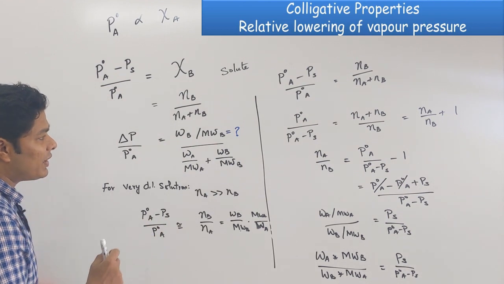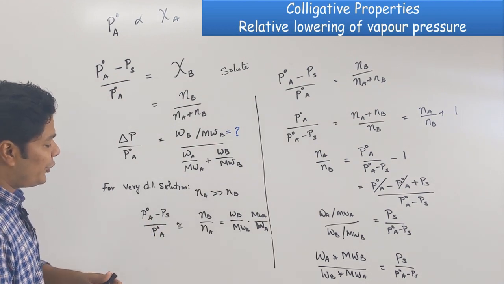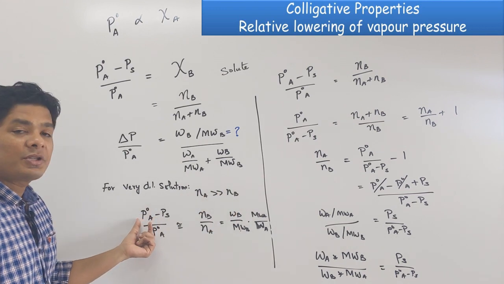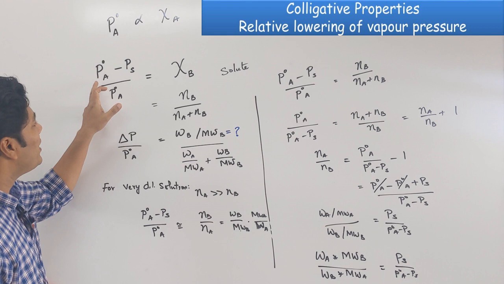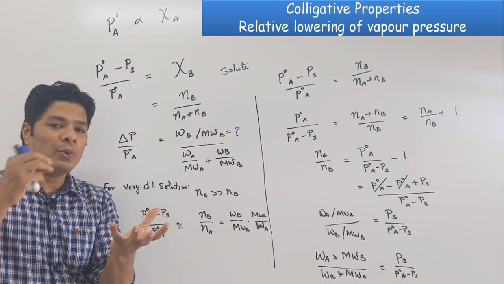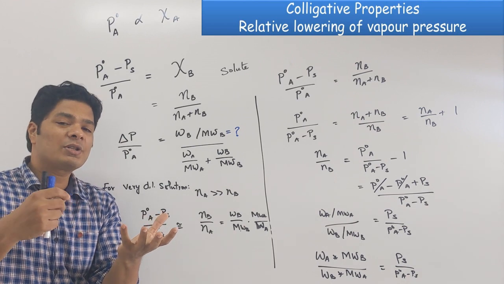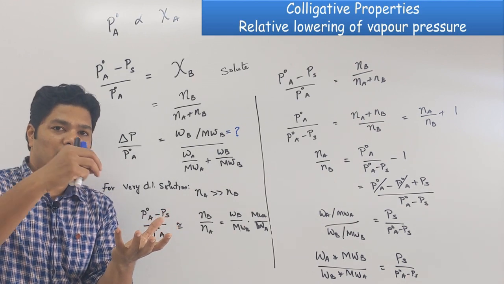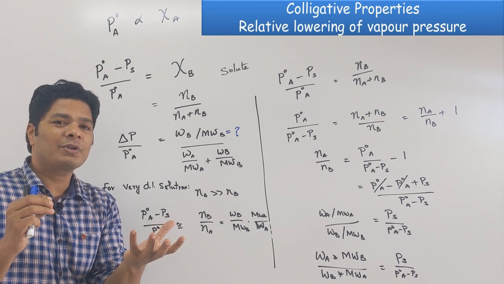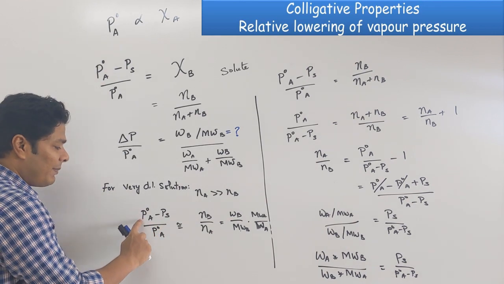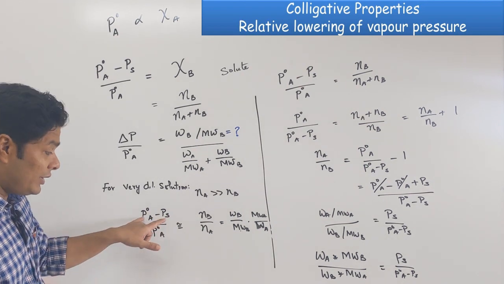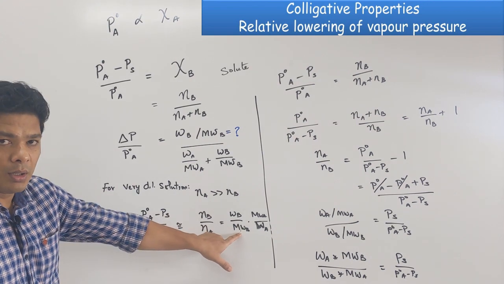If suppose your amount of solute is extremely low, the vapor pressure doesn't change much, meaning P naught A and Ps are very, very close to each other. Imagine that you have a bowl of water, you add salt to it, vapor pressure decreases. How much does it decrease? Proportional to the amount of salt you add. If you didn't add a lot of salt, you added very, very little, the vapor pressure didn't change much. So my initial vapor pressure and solution vapor pressure will be close. So these numbers have to be given if you have to calculate this.